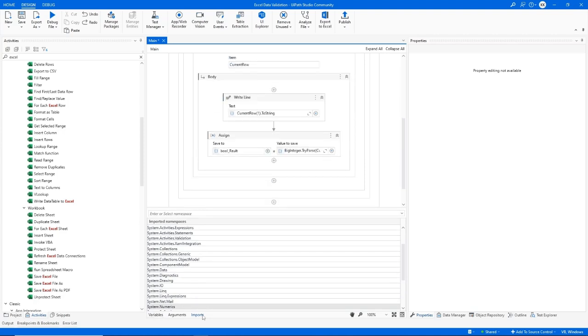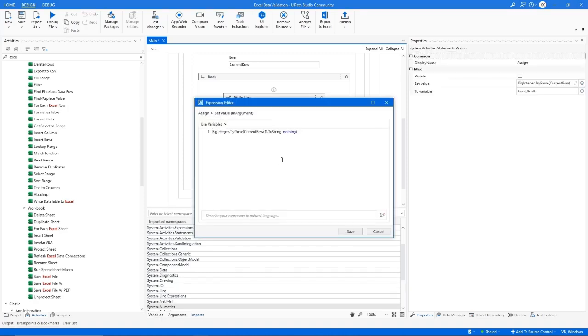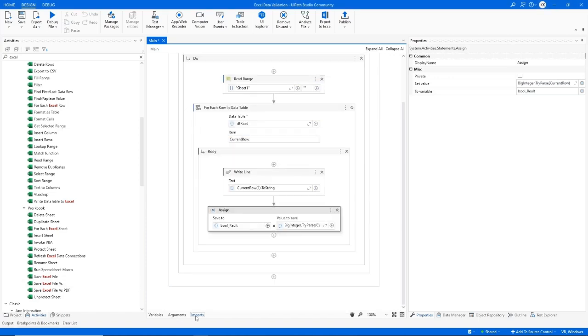Yes, we have to import the namespace System.Numerics. Then coming here, the expression to check it is BigInteger.TryParse, then the input value, and I don't need any output parameter for this method, so I just mention nothing. Save, and